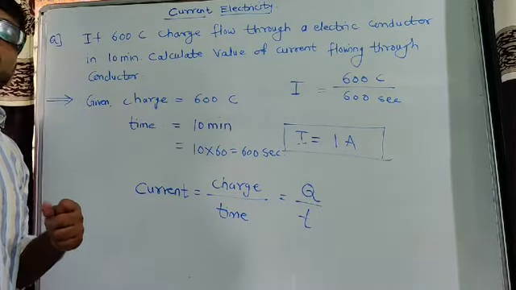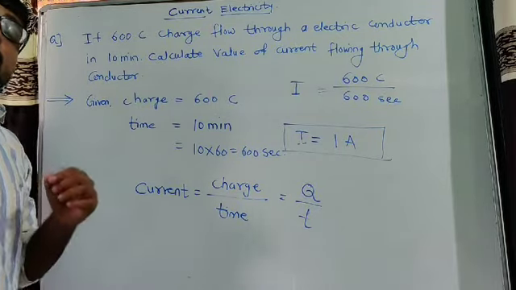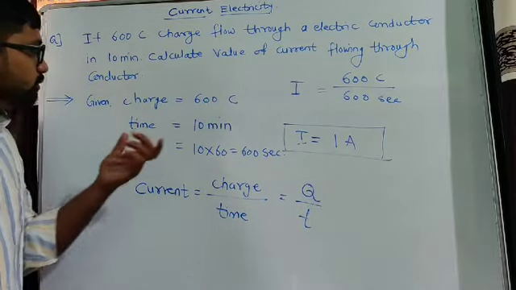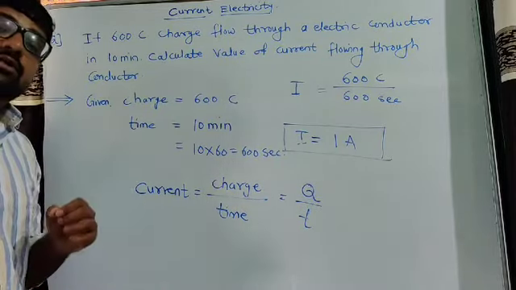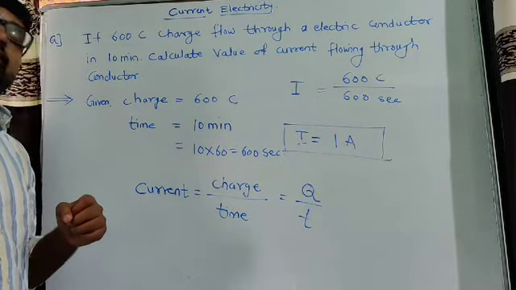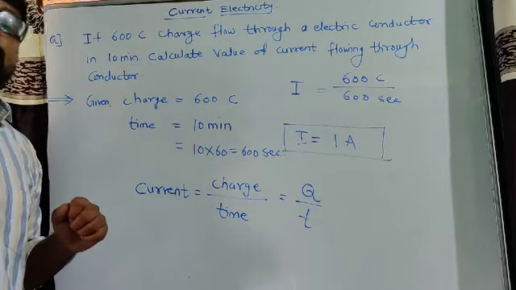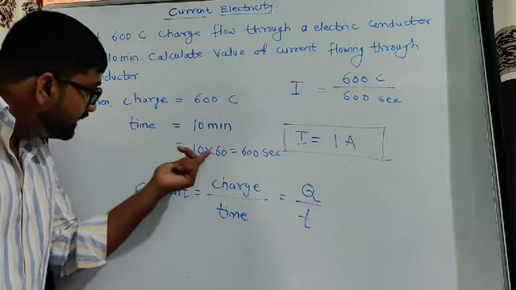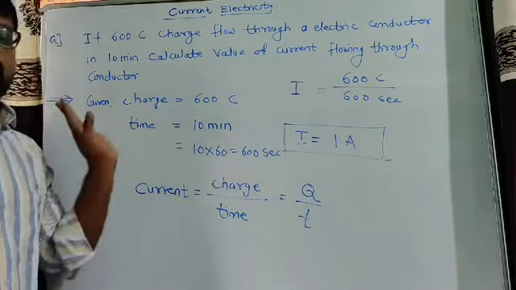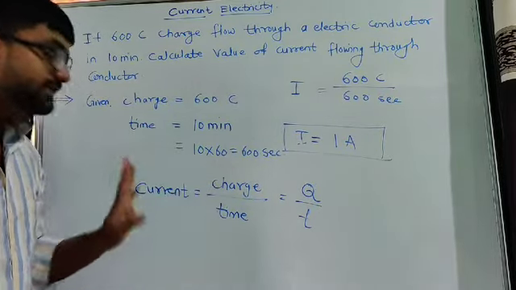But we know for solving problems we have to use the unit for time, which is second, in MKS. So we have to use second as the unit for time. Okay, but our time is given in minutes. We know in 1 minute there are 60 seconds. Okay, so in 10 minutes, 10 into 60, that is 600 seconds. So our time is how much? 10 minutes, that is 600 seconds.